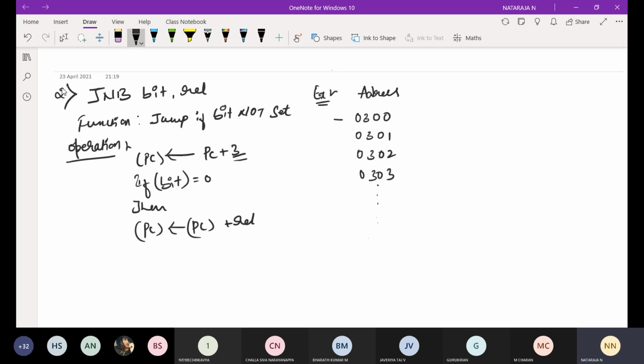If the program counter is showing here, it will add 3, and it will come over here. That is why I stop here. If I take 5, it will be up to 0305. If it is 10, 310, like that it keeps increasing. Based on that, I consider the value.